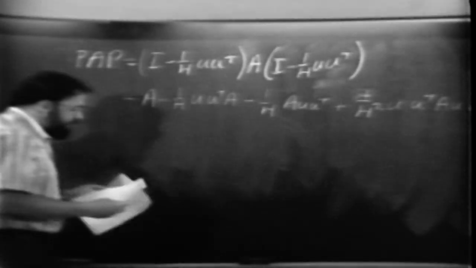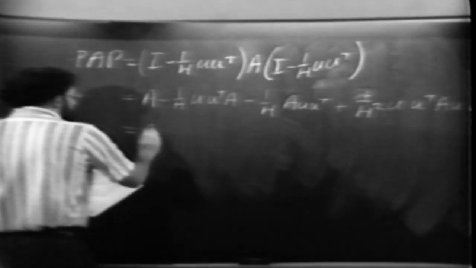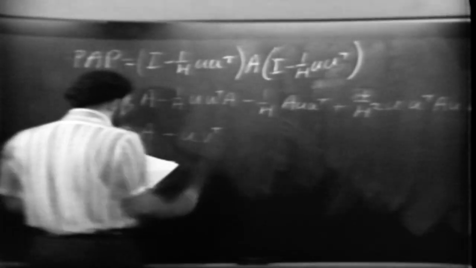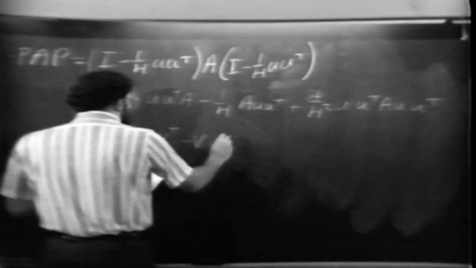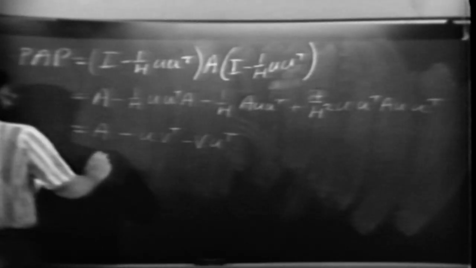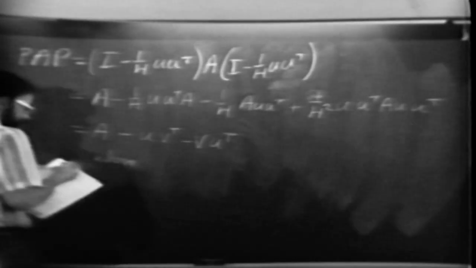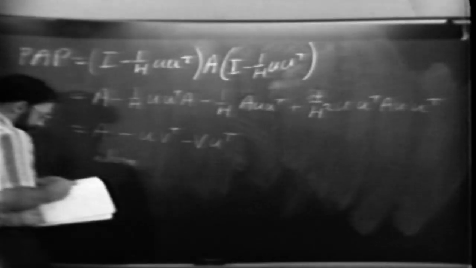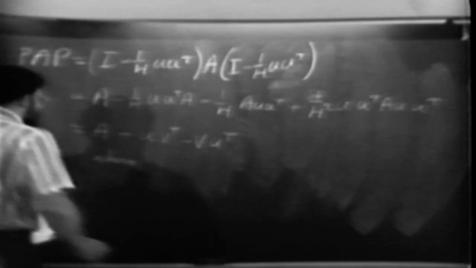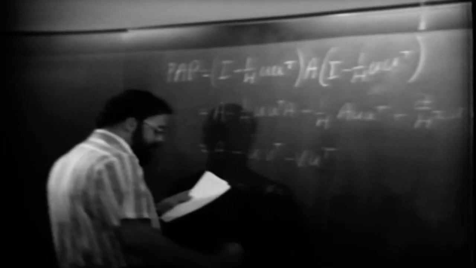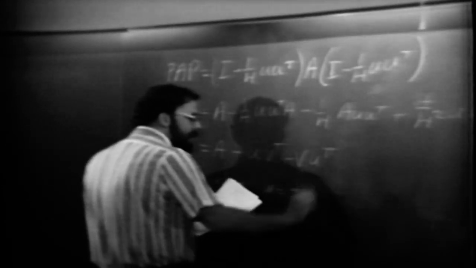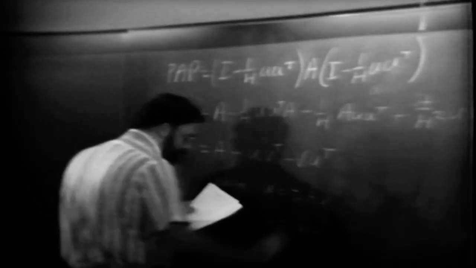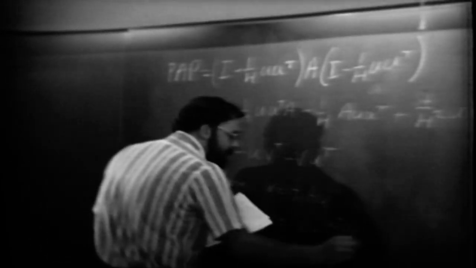And the neat way to write that is A minus u v transpose minus v u transpose, where I guess I just ripped part of this off, where w is 1 over h A u and v is w minus u transpose w over 2h